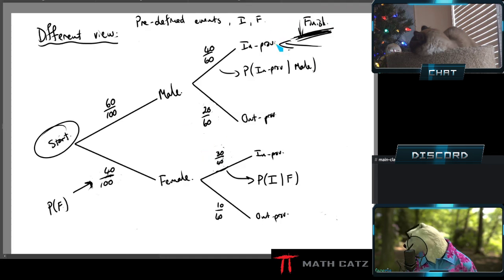So we have situations where the probability they ask is right on the tree already. Whew, job done. Copy it. Move on. But sometimes the requirement, the event that they're asking for, isn't just something that's on the tree already. Then I have to find the paths that do satisfy that event, that requirement, start to finish, add them up, and for each one multiply along the path. Now I set up my tree like this. I decided to ask male, female, then in province, out of province.